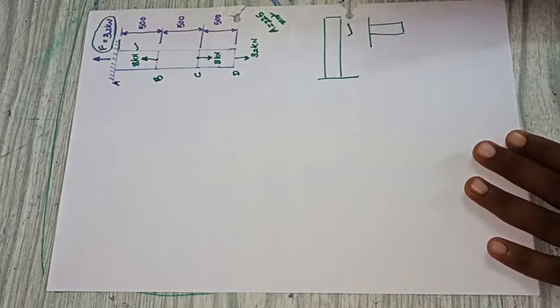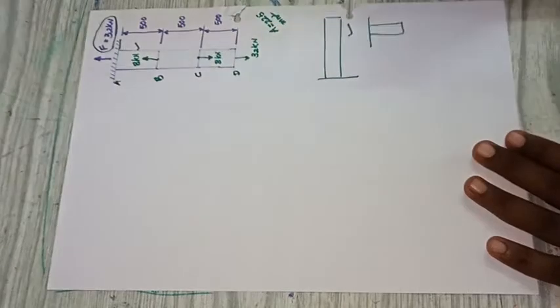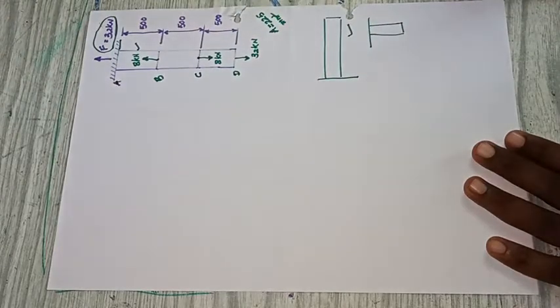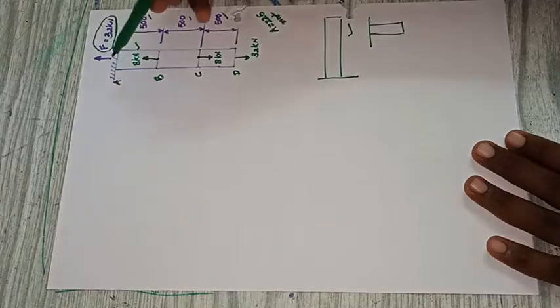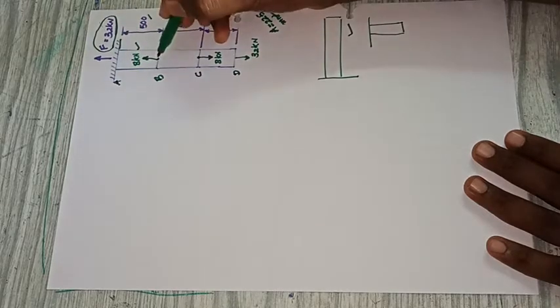The procedure, the calculation, and the formulas are the same while solving this problem. There is no change in the calculation part. The only difference is that it is placed vertically. So there is a bar of length 1500 mm, and three loads are acting: 8 kilonewton, 8 kilonewton and 32 kilonewton, and it is fixed at one end.